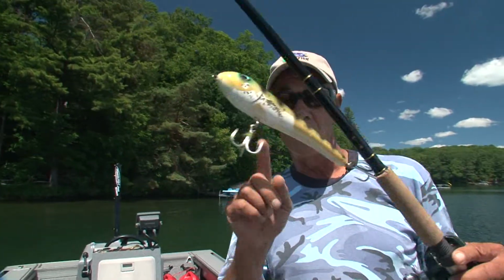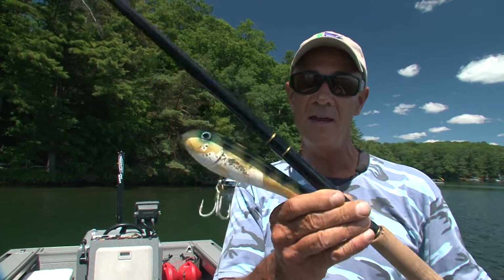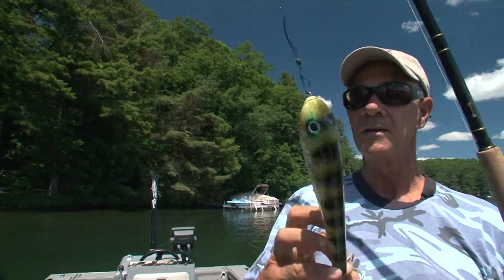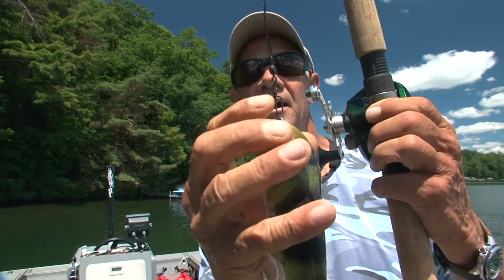I want to show you how to work the big WideGlide. I've got it set up here on an extra heavy 8-foot Loomis musky rod, and I've got a 300 EJ Curado high-speed retrieve reel. And you'll notice, most importantly, with any glide bait, it's okay to have a snap here,